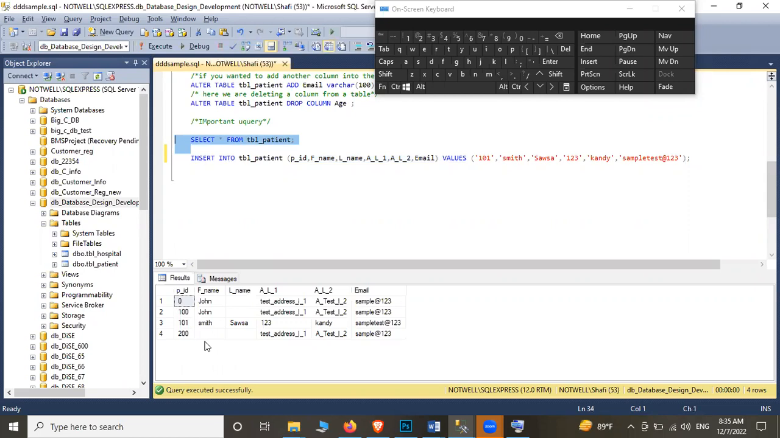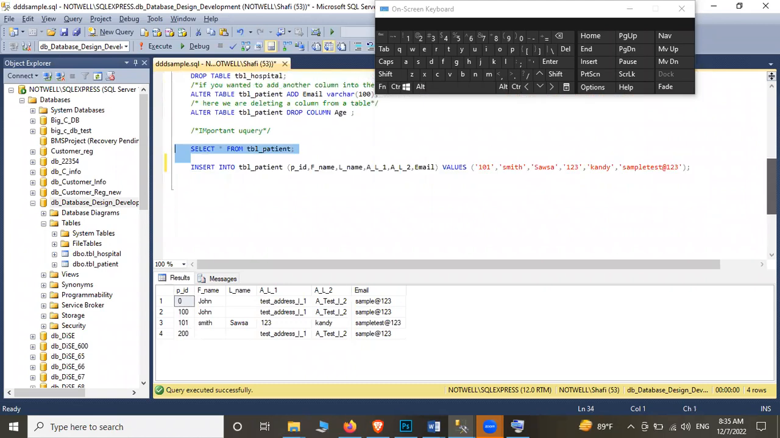Okay, am I clear? These are all the values in the table. Let's keep these values as they are. Now you know how you can insert values into the table. Now let's see if we wanted to update a table. Let's say you wanted to update the same patient table. Okay, so that also can be